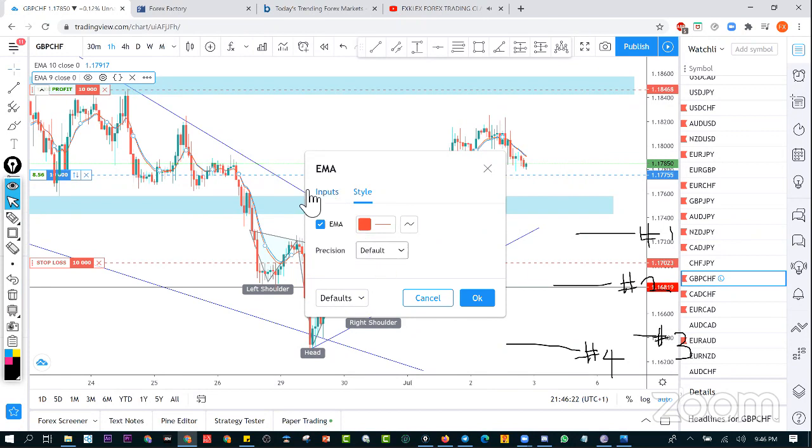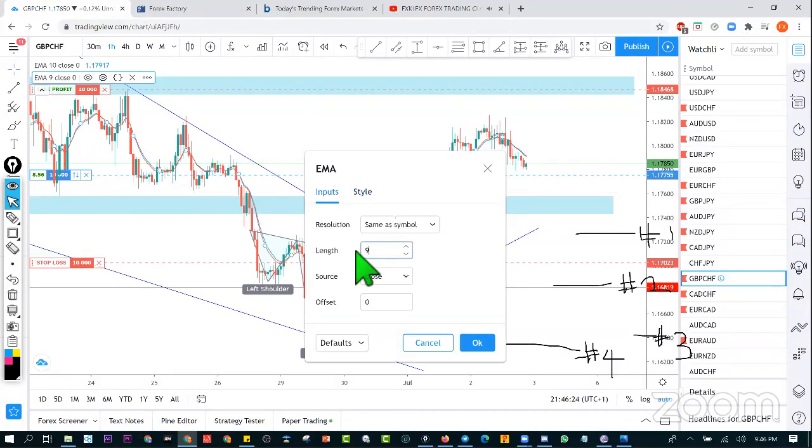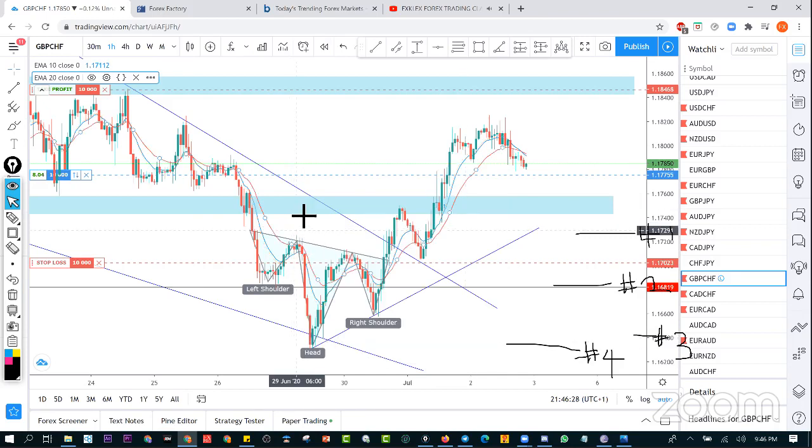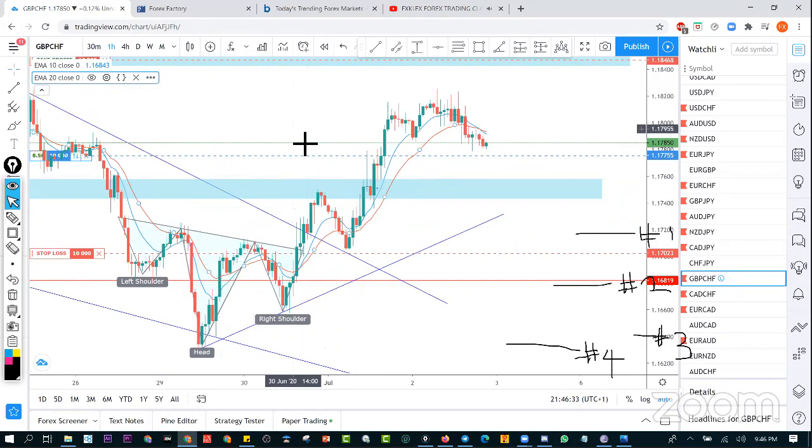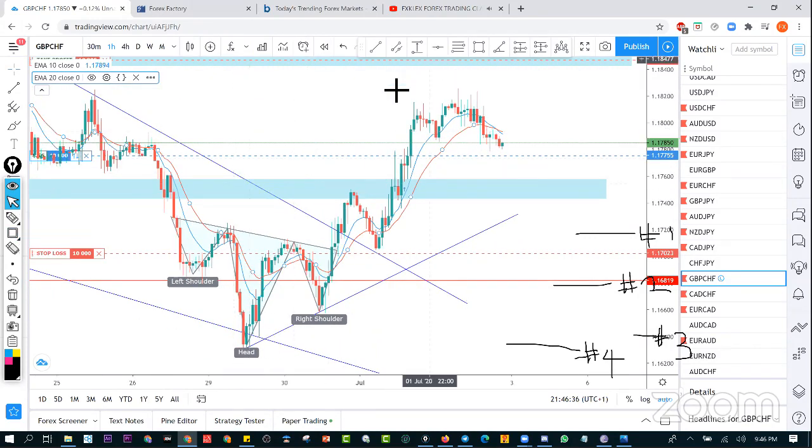I have the settings on my YouTube channel. I have a video right here. You can get access to that there. So here are the settings for the 20 and the 10 moving average. Actually, I don't use the 10 moving average for trading sometimes, but I just want to analyze an example of what I mean by confluence factor right here on my trading chart, so you guys can get a whole picture of what I'm trying to pass across.